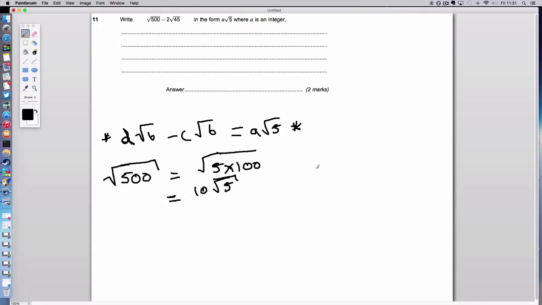Now if we look at the other term, we have minus 2 root 45, and we need to make this root 5, right? So what number multiplied by 5 makes 45? Well, if you know your multiplication tables, you'll know that 9 times 5 makes 45, and this just so happens to be